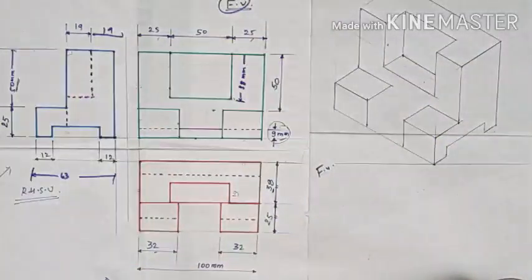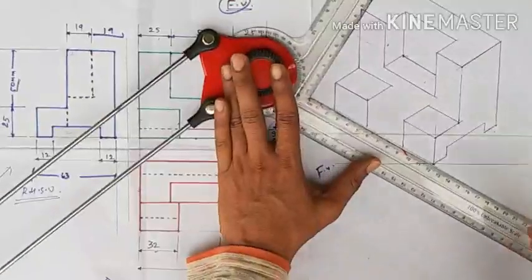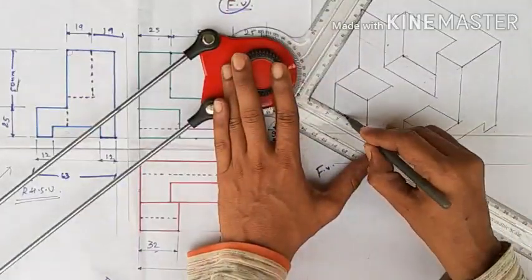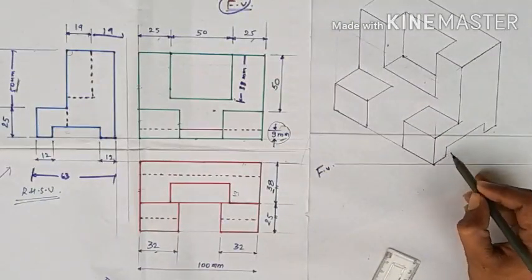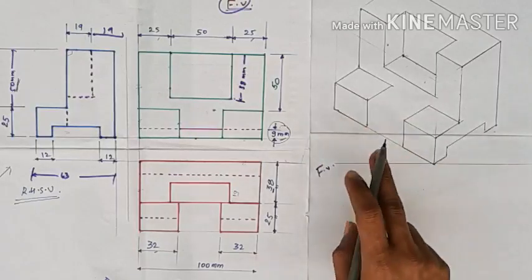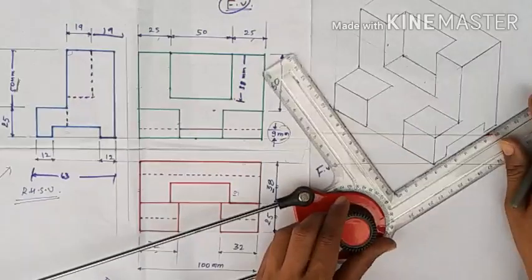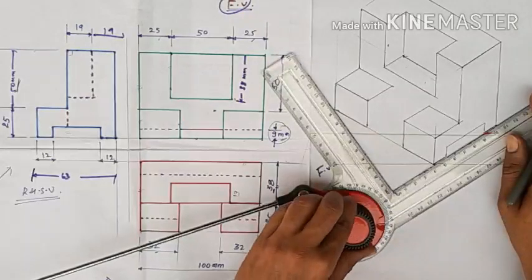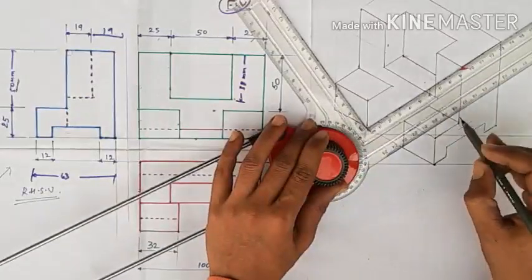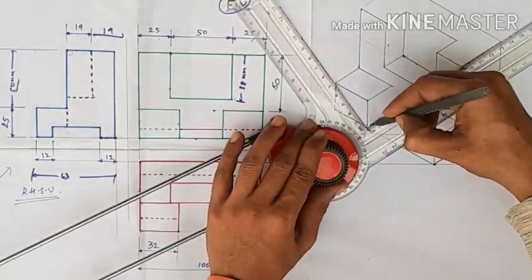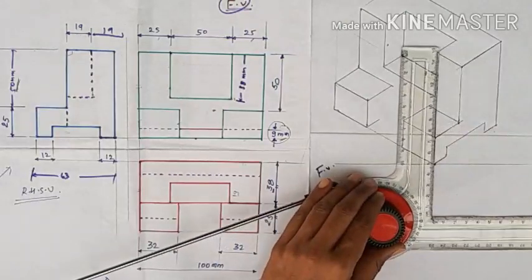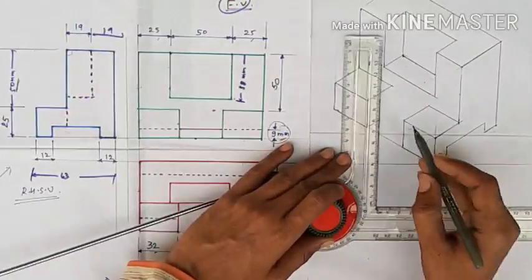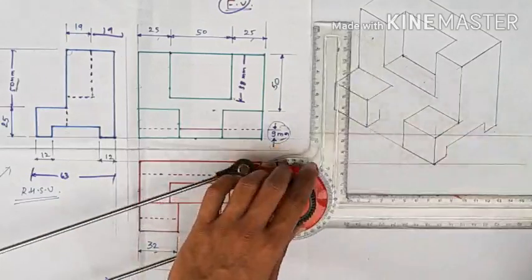One second, I complete a box. Now what about this? Again we need to draw like that, because all these sides are exactly the same. So here again fix MD parallel to it, and from here what about this is 12 mm, so again we draw 12 mm. And what about this? This is your 9 mm, so parallel to it again here 9 mm, this is 9 mm.